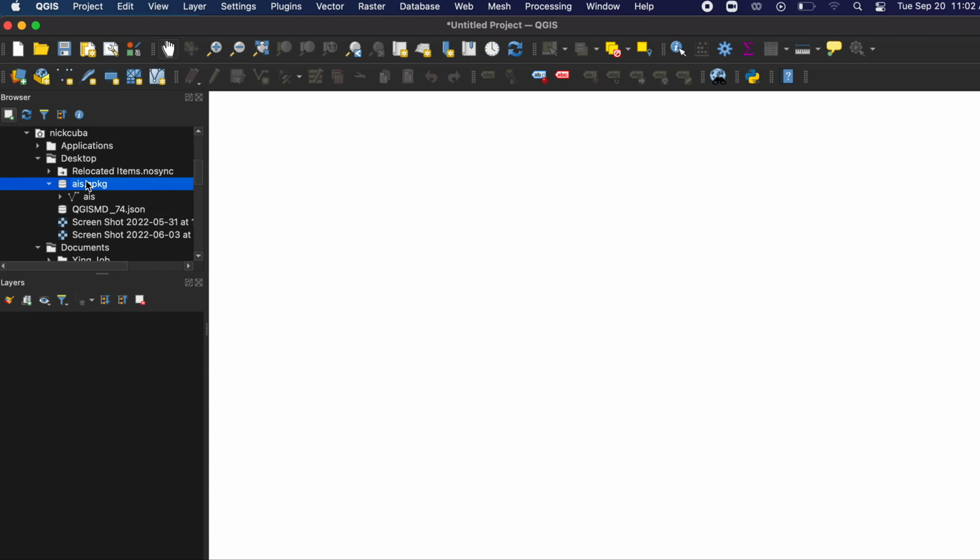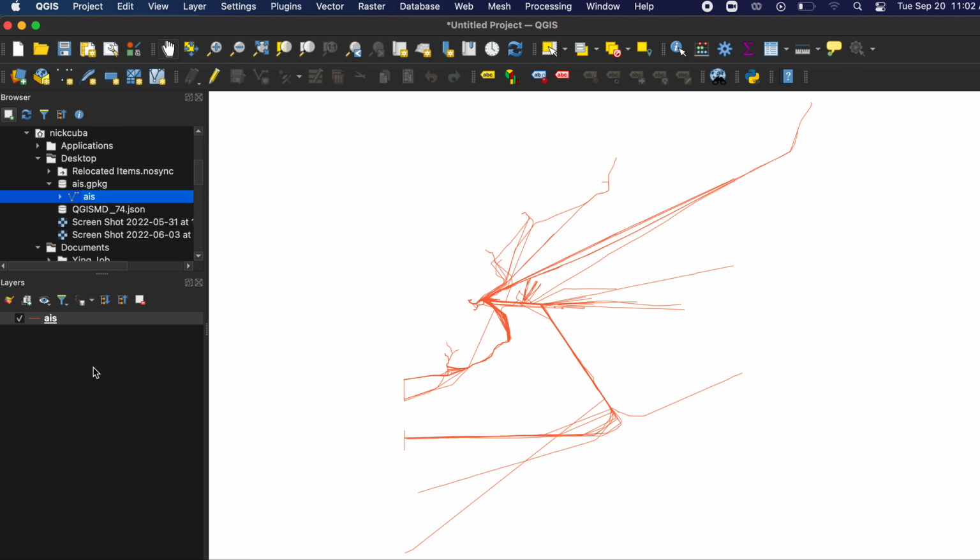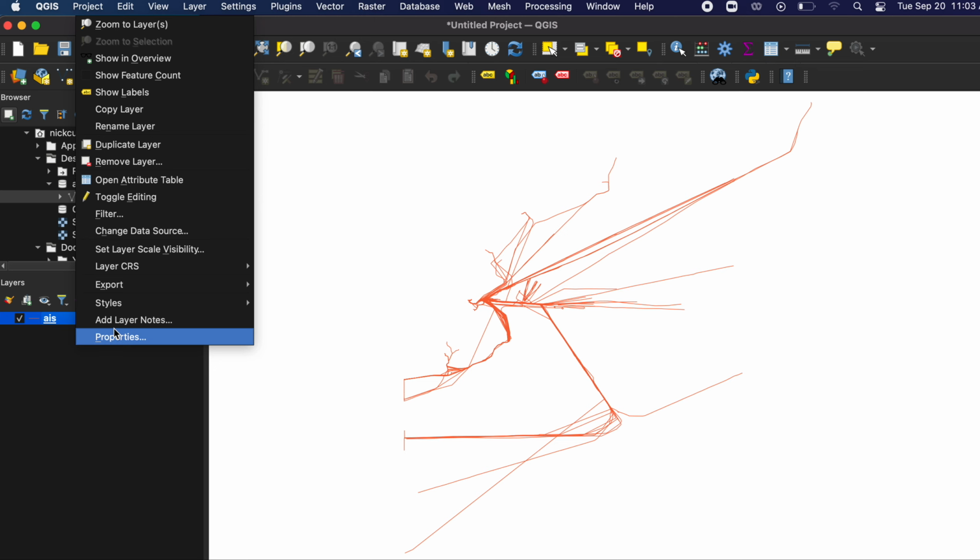Remember, for this data, use that AIS geopackage, and you pull it in to QGIS. You'll get your lines styled in the same way with a single color that'll apply to all of them. And so in order to